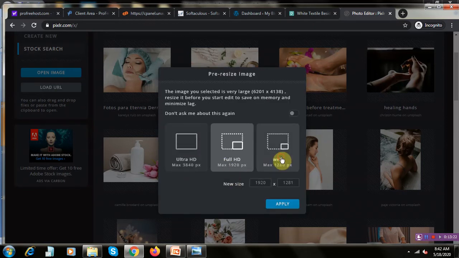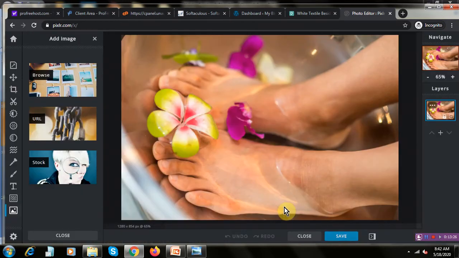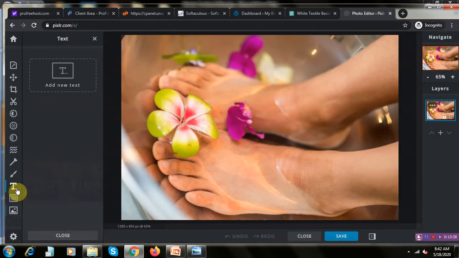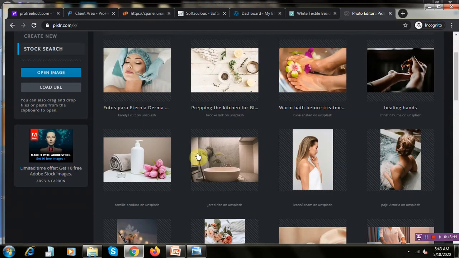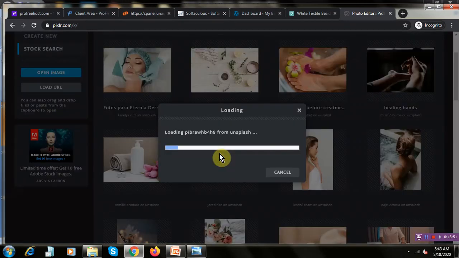Or add current or create new. Again, it is a web. Apply. See, and you want to text. See, I don't wish to see people this one when they see the first impression on the website. So it is up to you whether you wanted to go with this or change it. It's up to you, because in India people do not want to see the legs when they see the website. So it is better, I'll go with this.